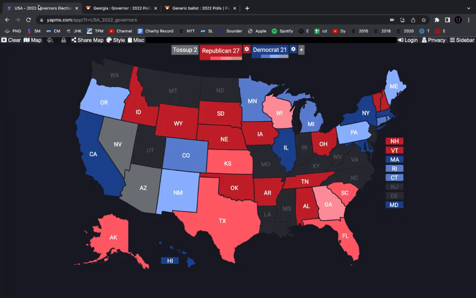So, originally she was a strong candidate, but she's really just not been able to appeal to suburban white voters that gave the state to Joe Biden and Ossoff and Warnock. And I think while Warnock could be a narrow favorite to win re-election this year, I have a hard time seeing how Abrams can pull it off unless it goes to a runoff. Like, if it goes to a runoff, it's probably a toss-up.